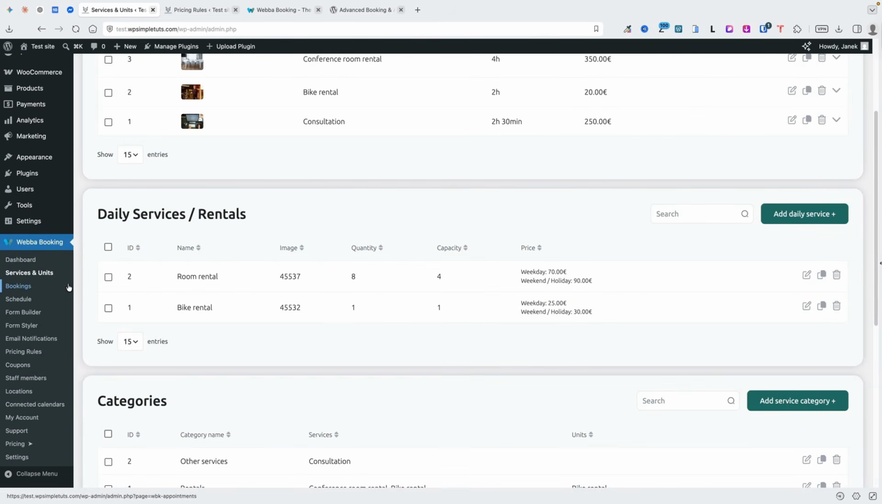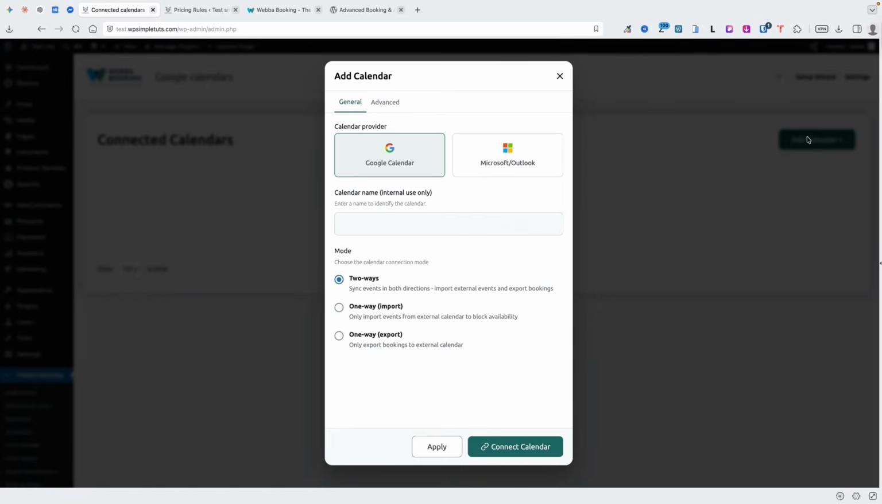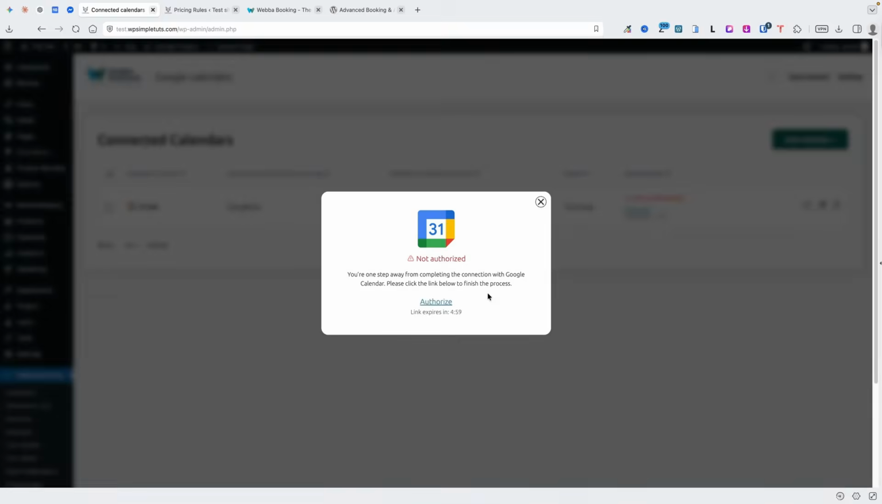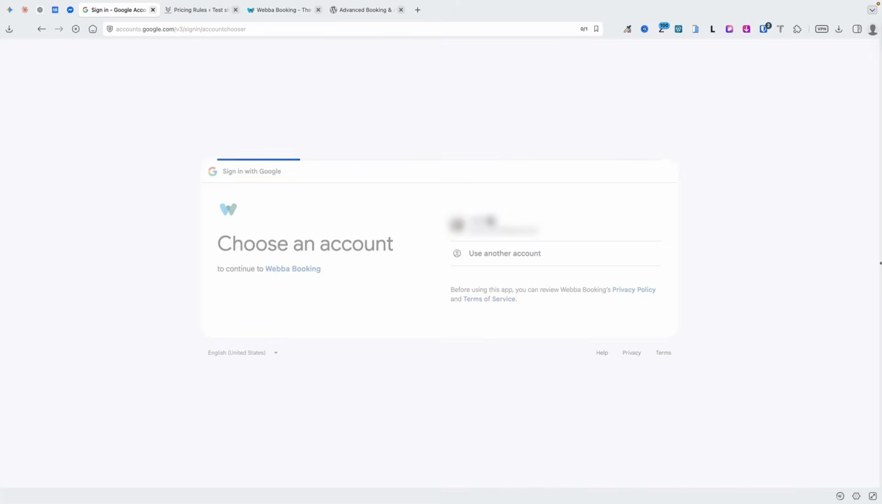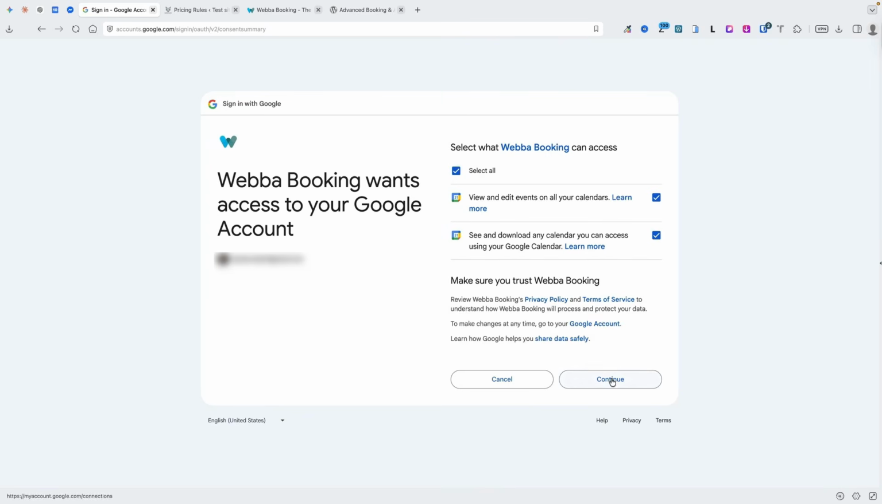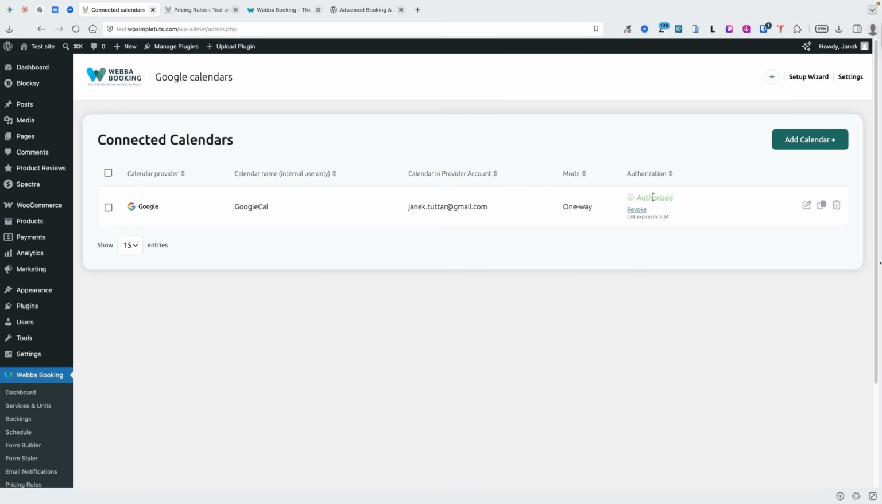Now, one last thing to cover. Let's go to the connected calendars, and I'm going to show you how to connect your calendar with the booking system. Since I don't use the Microsoft calendar, but I have a Google calendar, I'm going to select it, give the title, and now I'll choose a mode, whether it's two-way sync, one-way sync, only import, or one-way export only. I'm going to select one-way export, connect the calendar. It says it's not authorized. I should authorize it. Now I'm going to select my account, allow all, continue, and you'll see that the calendar